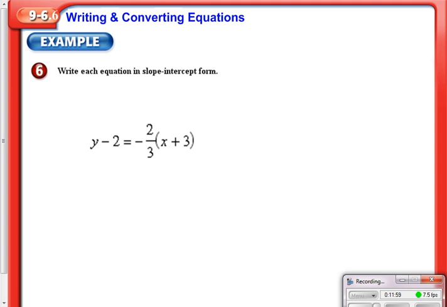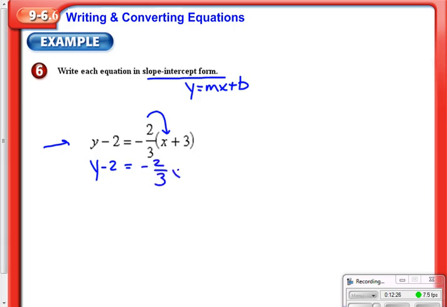Last problem that we have, we're going to write this equation in slope-intercept form. Slope-intercept form, y equals mx plus b form. Right now, if we look at the problem, we are given point slope. So in order to put this in slope-intercept, I'm just going to go ahead and drop y minus 2 down, equals, do your distributive property. We get negative 2/3 x. Negative 2/3 times a positive 3. When we do our computation, we get a negative